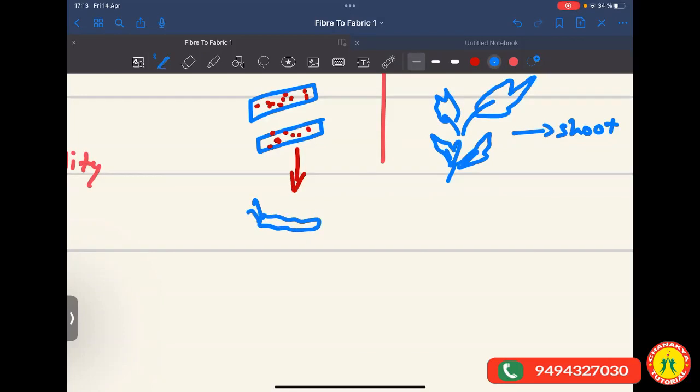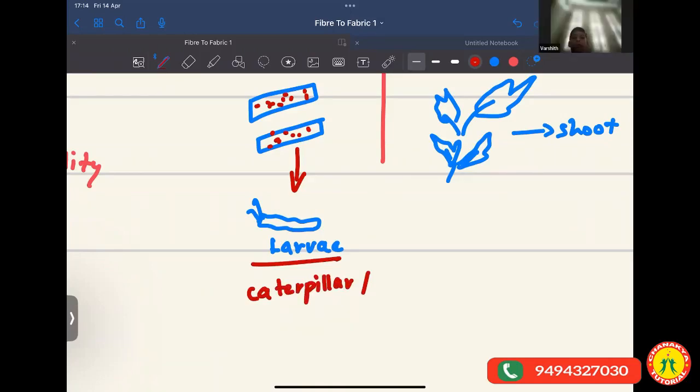Okay, this larva is called the, I already told you yesterday, day before yesterday, caterpillar or what? Silkworm. Silkworm. All right. So once the temperature is accordingly right, both the larva and the mulberry leaves have been grown